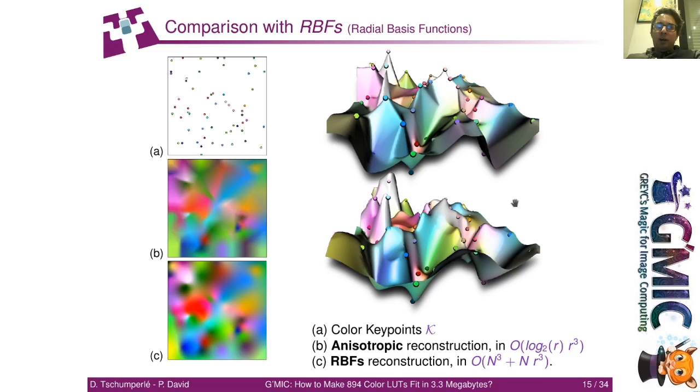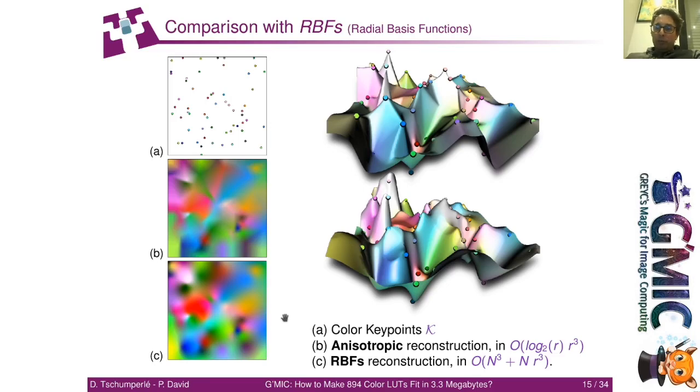Note also that there are other well-known mathematical tools for interpolating a set of sparse values. One of them that is quite popular is the RBF technique, which stands for radial basis functions. As you can see here, an RBF approach is also able to reconstruct very interesting color variations, clearly also close to what we could find for real in color LUTs. One of the major concerns of using RBF in our context is that the corresponding algorithm complexity is cubic in the number of key points, which means that for a high number of key points, like more than 300 or 400, the reconstruction time will become very, very long, particularly in our case where we want to reconstruct the full RGB cube.